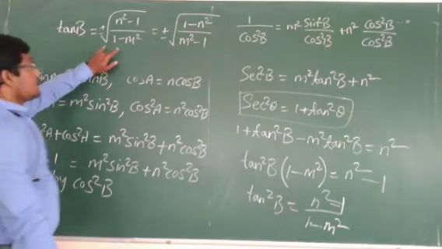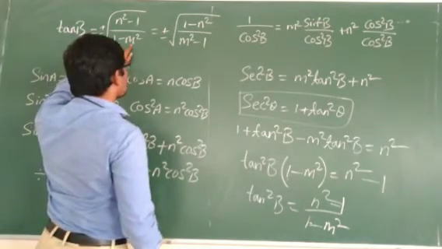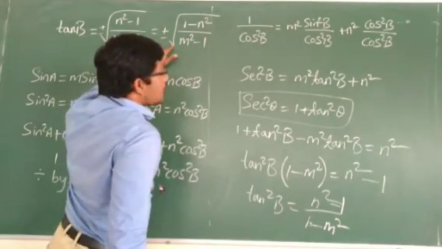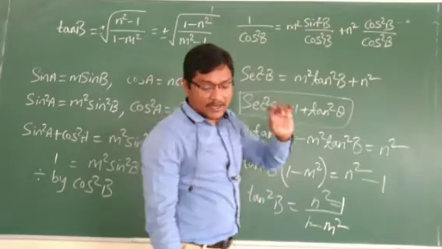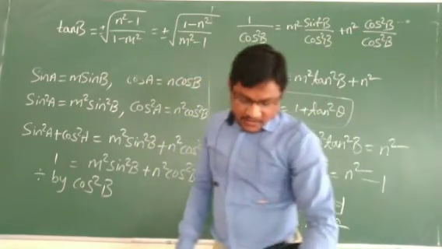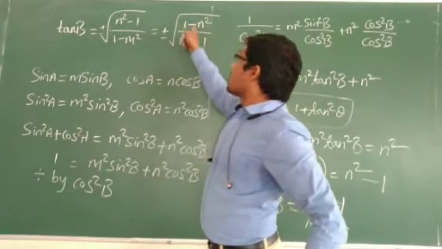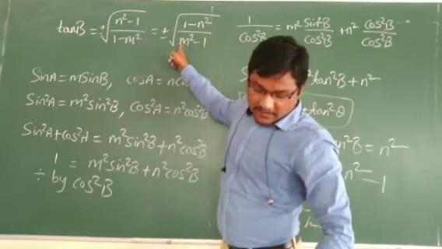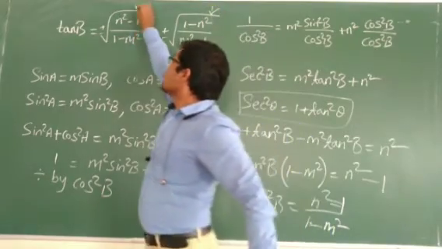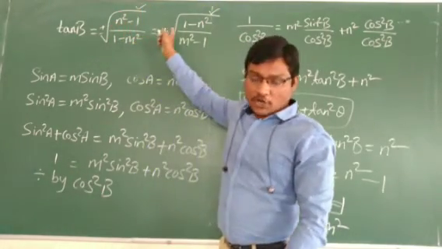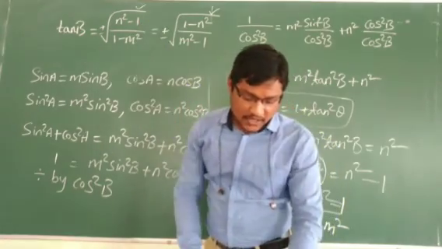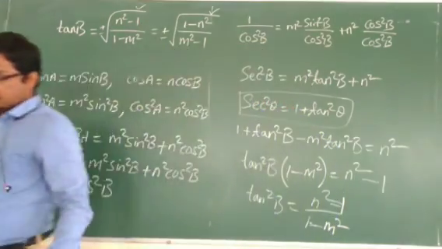So in the options you can have this option or you can have this option. One of the options will be given, you have to select the correct option. Here it is given in terms of 1 minus n square by m square minus 1, so this option is given, but sometimes you can use the other option also. Based on which option is given there, you have to select that. So here it is option B.